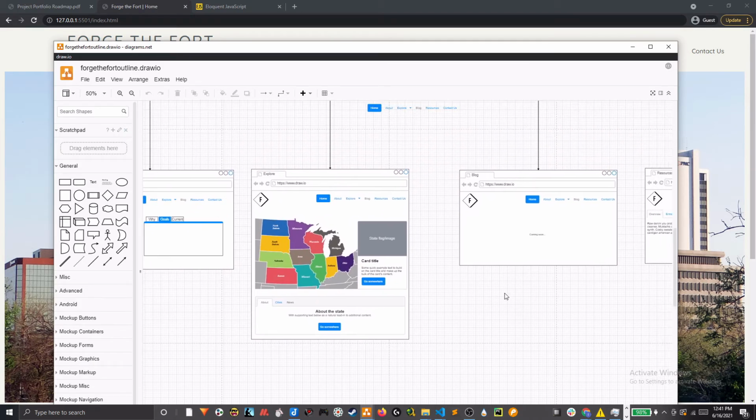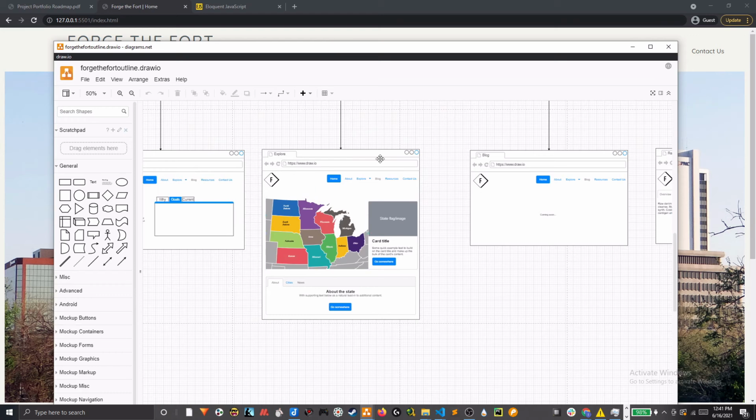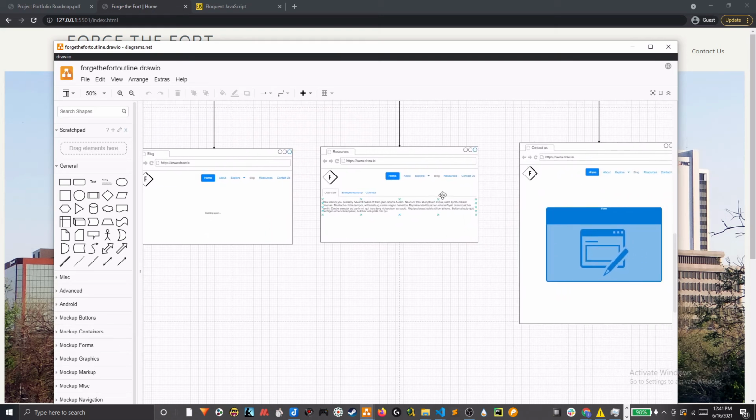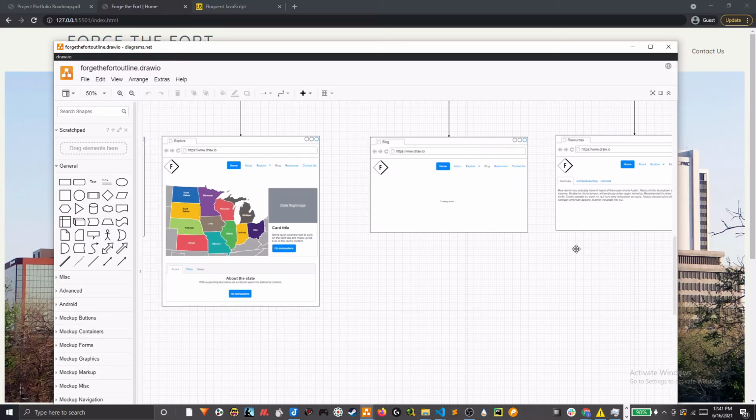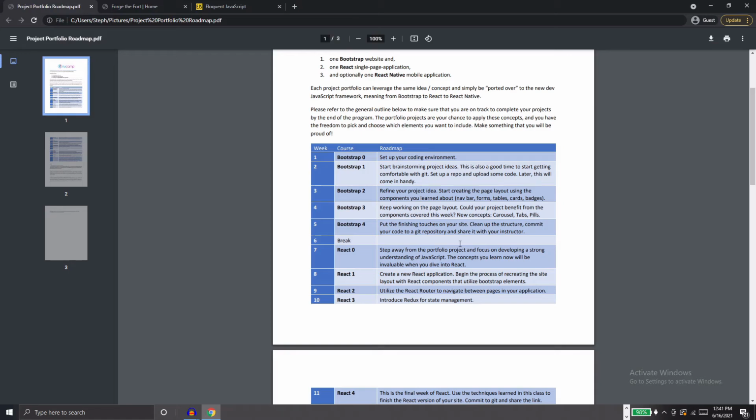And once I get to React, I'm going to do the other pages I didn't do, like the explore page, the blog, resources. I'm going to do the pages pretty similar to what I have here. So when I did the React portion, the final project, because if you look here,